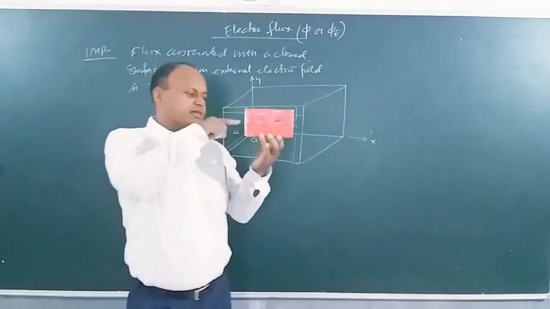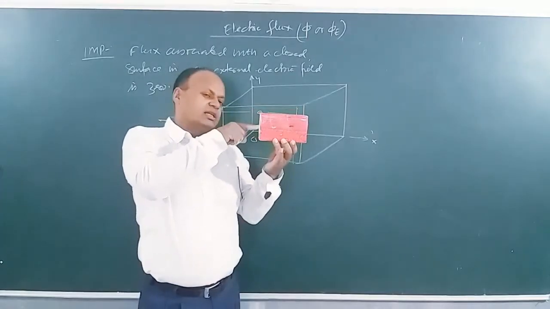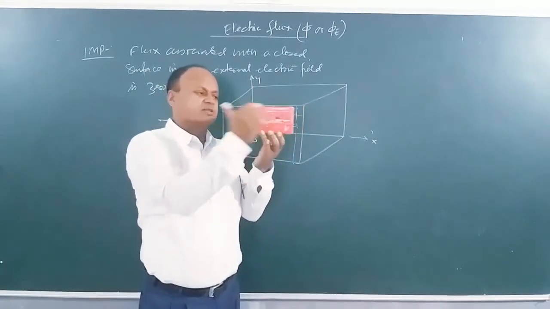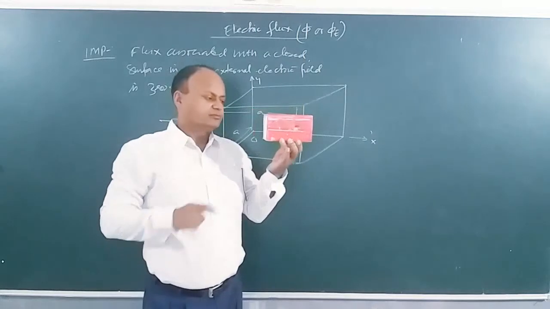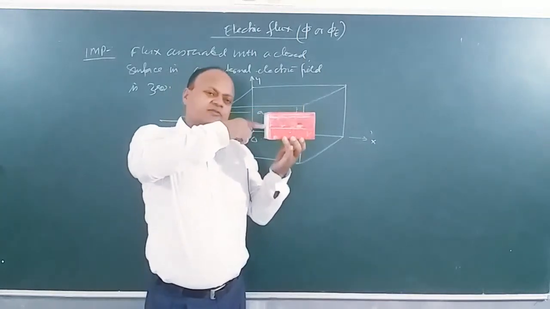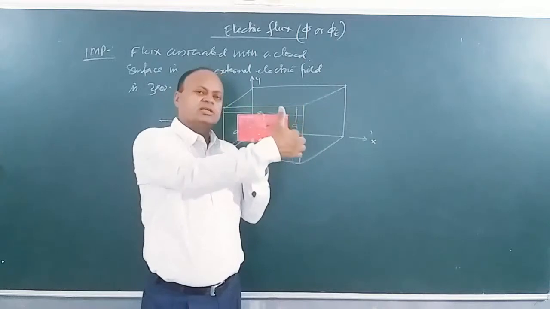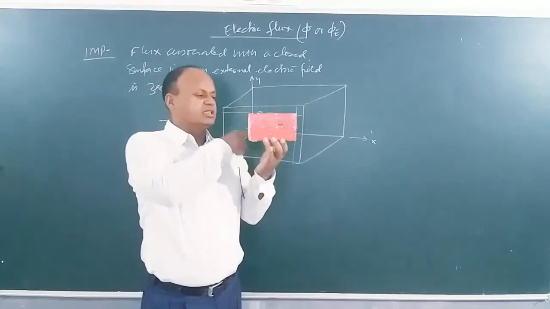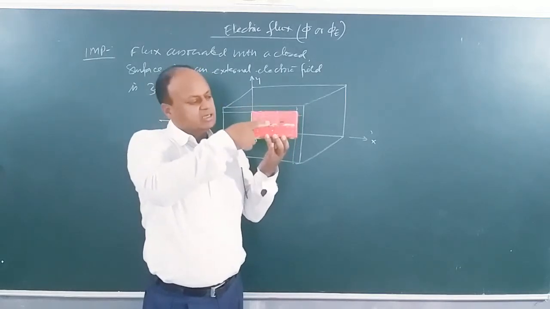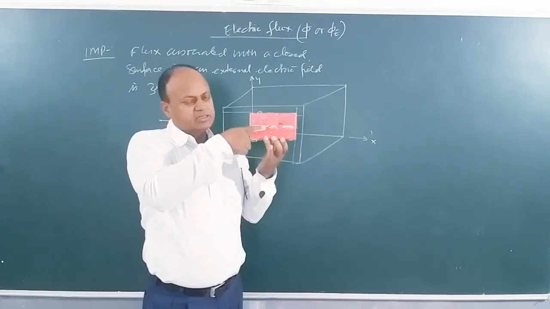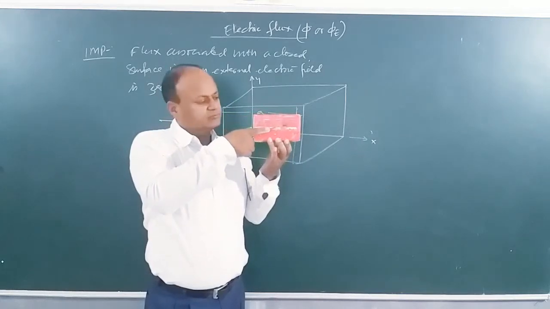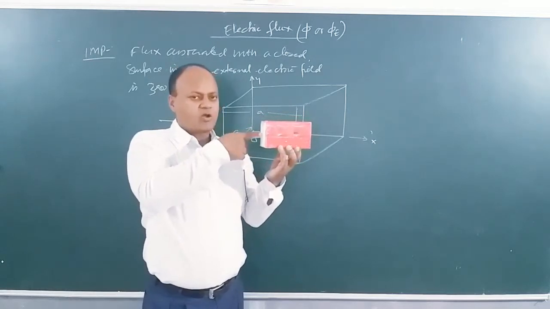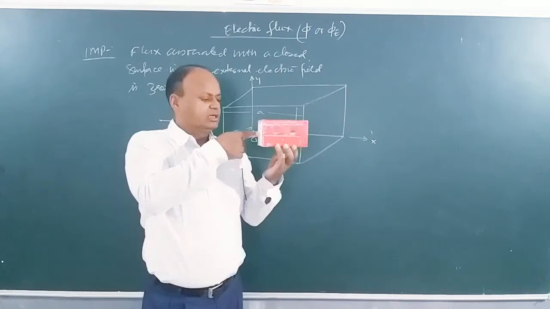If you study carefully, if the field is going like this, then this field is perpendicular to only this surface and this surface. Or you can say that the electric field is along the area vectors of this surface and this surface, but is perpendicular to the area vectors of these other surfaces. Imagine the field like this, the area vector is like this. So how much is the angle here? 90. Same thing here. Here it is along the area vector.